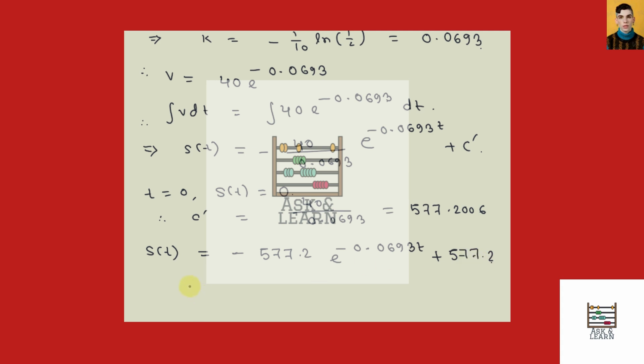To find the total distance the boat will coast, we need to find the time when the velocity